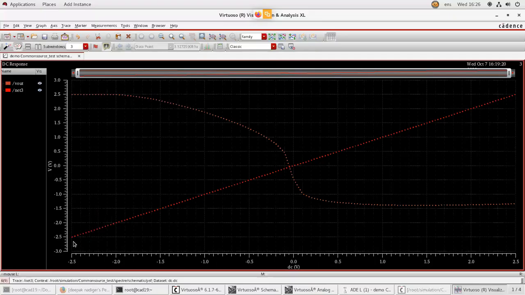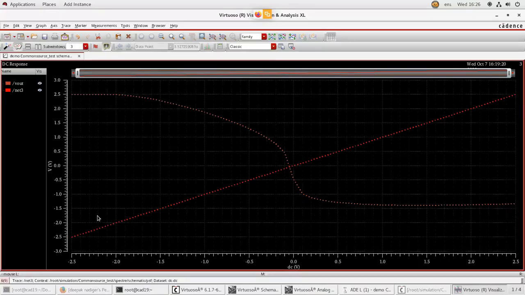When your input is very low, your output is very high. When your input is very high, output is very low. Because it is an inverting amplifier, the response has been inverted.